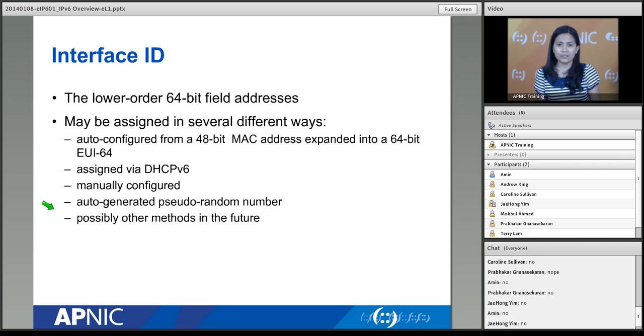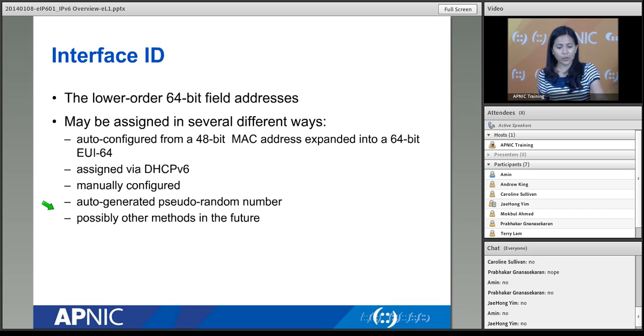Okay? The difference, by the way, between DHCP version 4 and 6 is mostly with assigning the address. When you assign a DHCP address in IPv4, you give an actual IPv4 address to the interface. In IPv6, you provide the network prefix and you let the machine come up with its interface ID part.